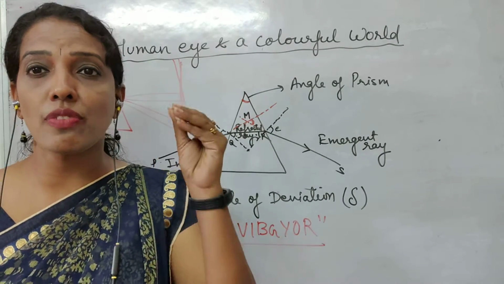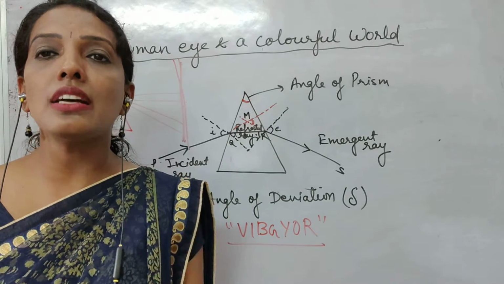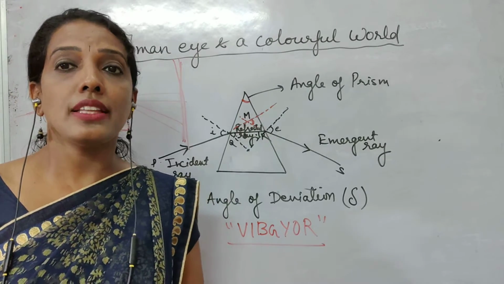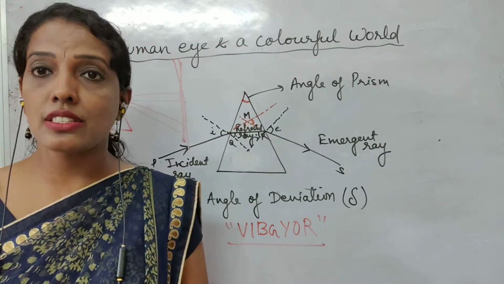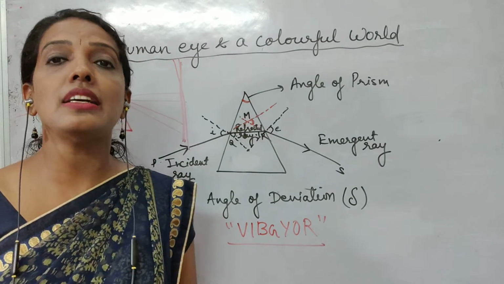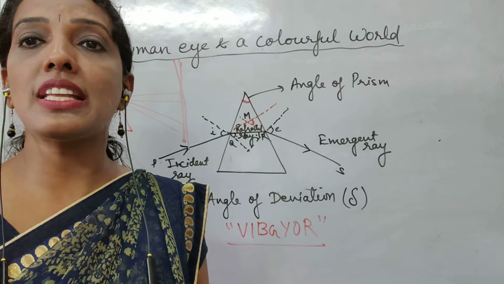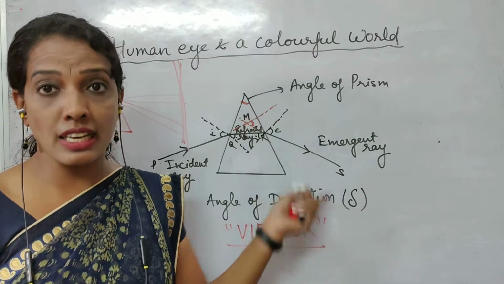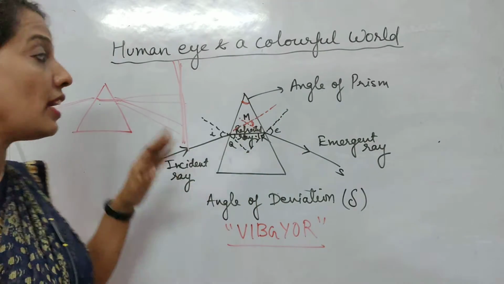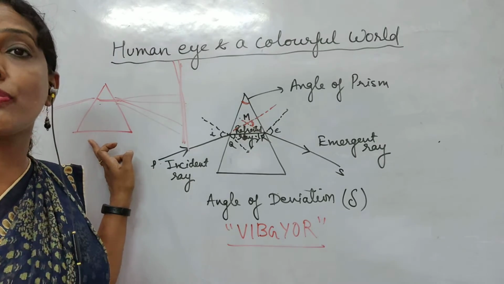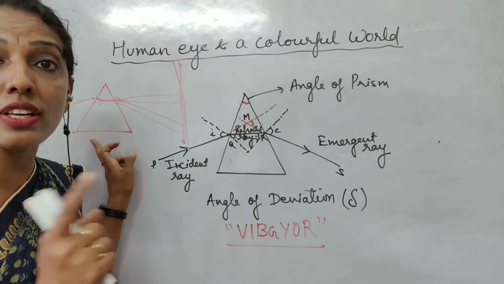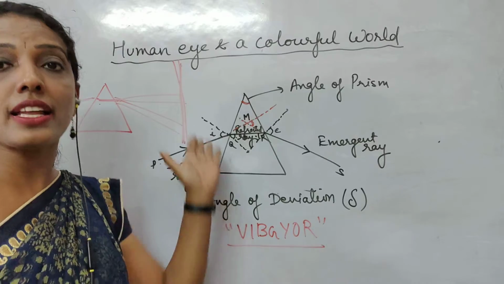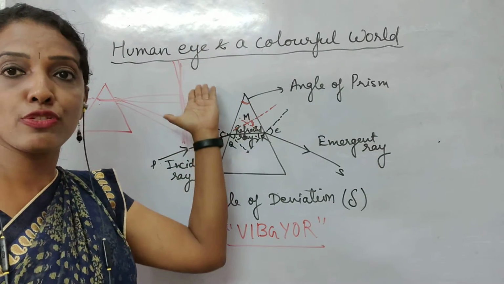The dispersion of white light takes place because the colors of white light travel at different speeds through a glass prism, and the amount of bending or refraction depends on the speed of the colored light in the glass. So we can simply say that the refractive index of the glass is different for different colors. When white light falls on the glass prism, each color is refracted at a different angle. It is not refracted at the same angle. That's why you get the sequence of colors, at different heights.